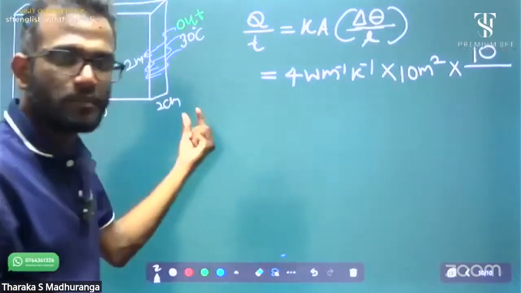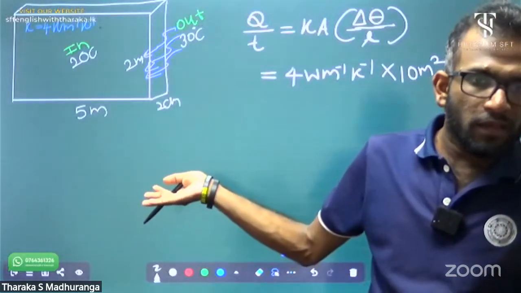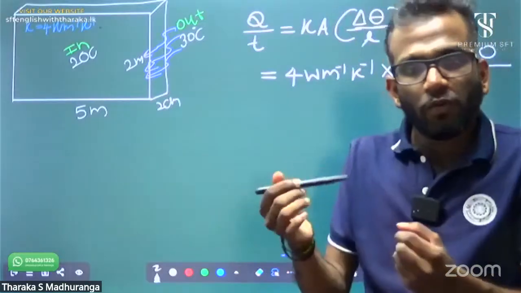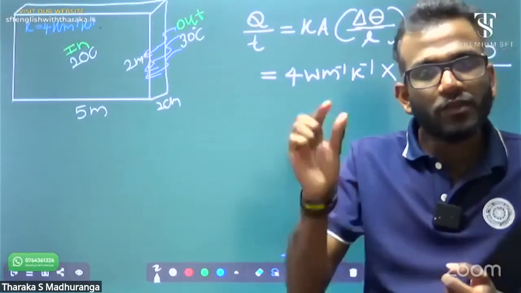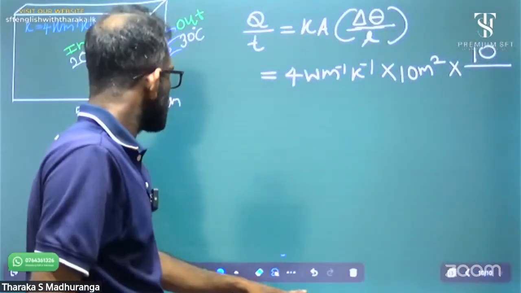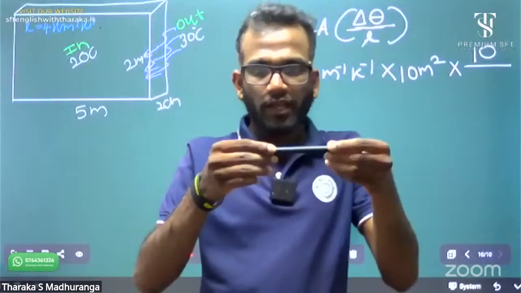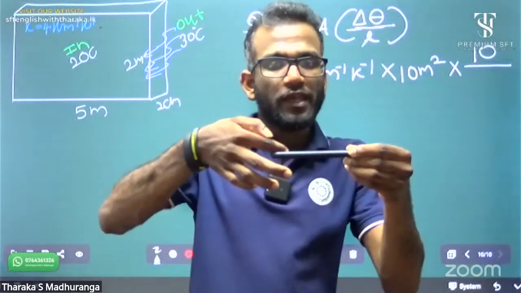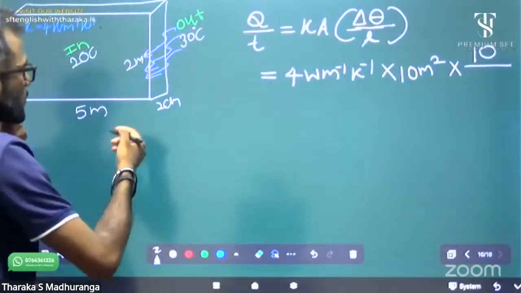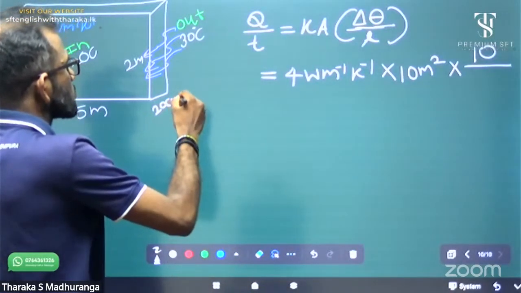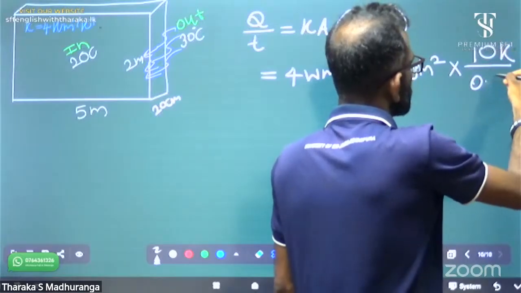The length. Okay, many people get this wrong. When it says length, they put the length of the wall. Heat transfer through the wall goes through the thickness, so it is not 2 centimeter. Yes, 20 centimeter is the thickness. The heat transfers outside to inside through the thickness, not along this length direction. 20 centimeter means 0.2 meter.